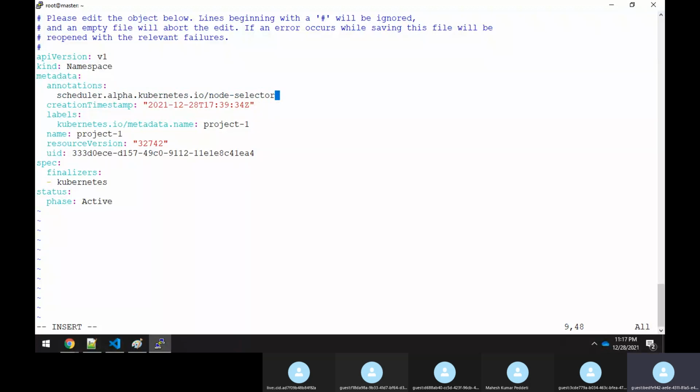I have to put a colon. Let's put colon node=worker1.